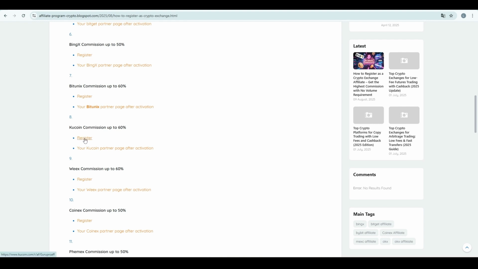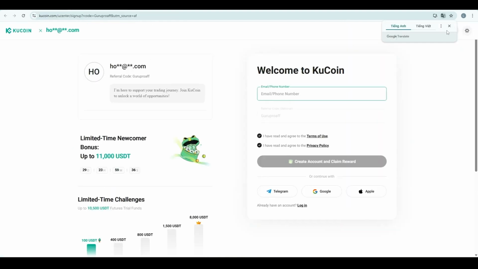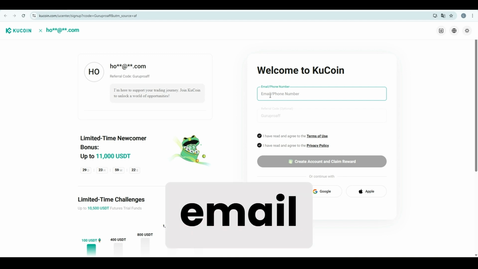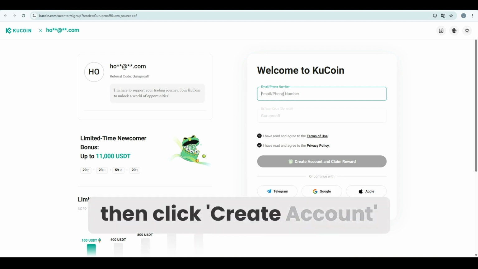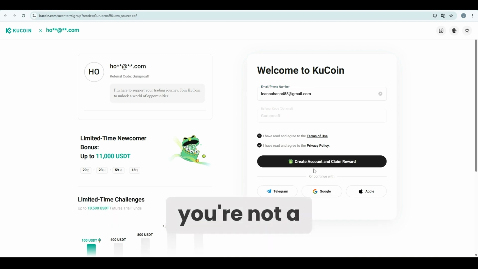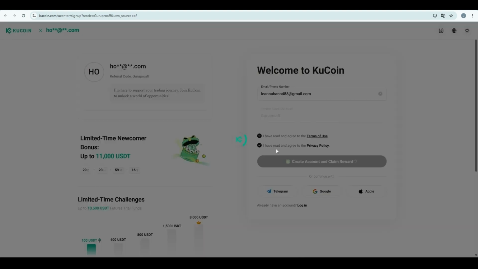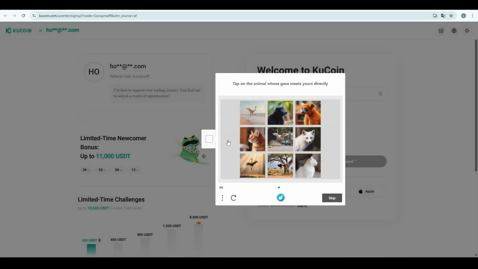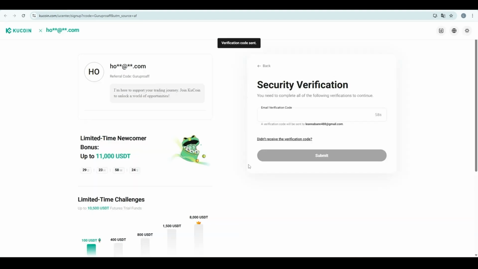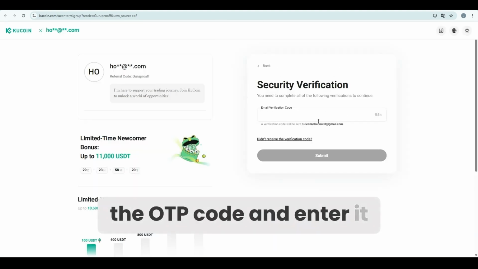Click here to create a new CuCoin account. Now enter your email or phone number here, then click Create Account and verify you're not a robot. Check your email for the OTP code and enter it here.